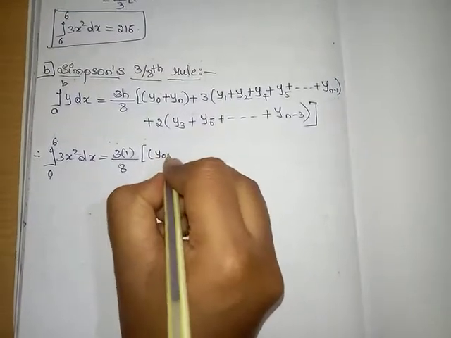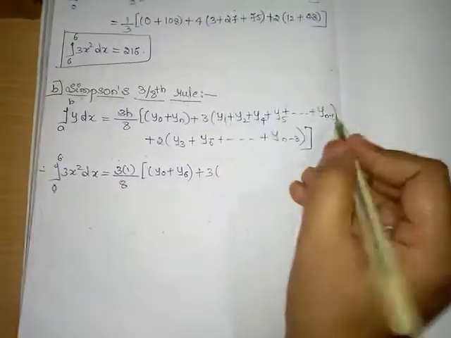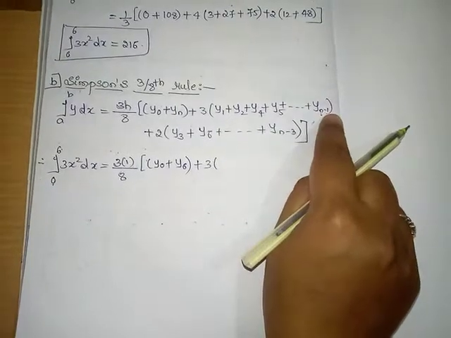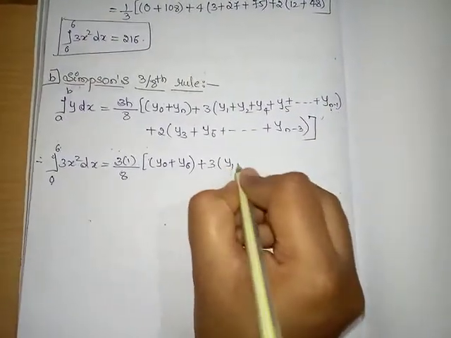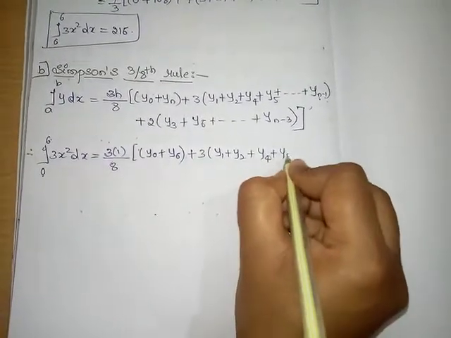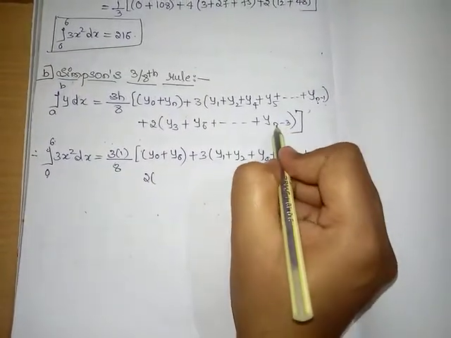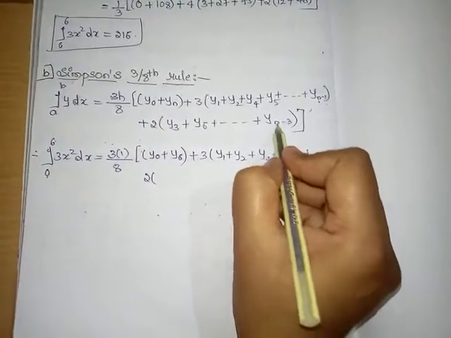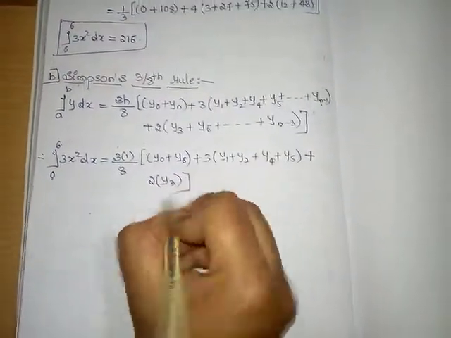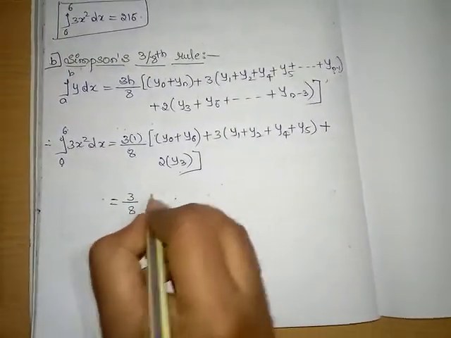Then y0 plus y6 plus 3 into, here we have to write the terms up to n minus 1, n is 6, so up to y5: y1 plus y2 plus y4 plus y5, plus 2 into, here we write terms up to n minus 3, n is 6, 6 minus 3 is y3, so we write up to y3 only, which is equal to 3/8